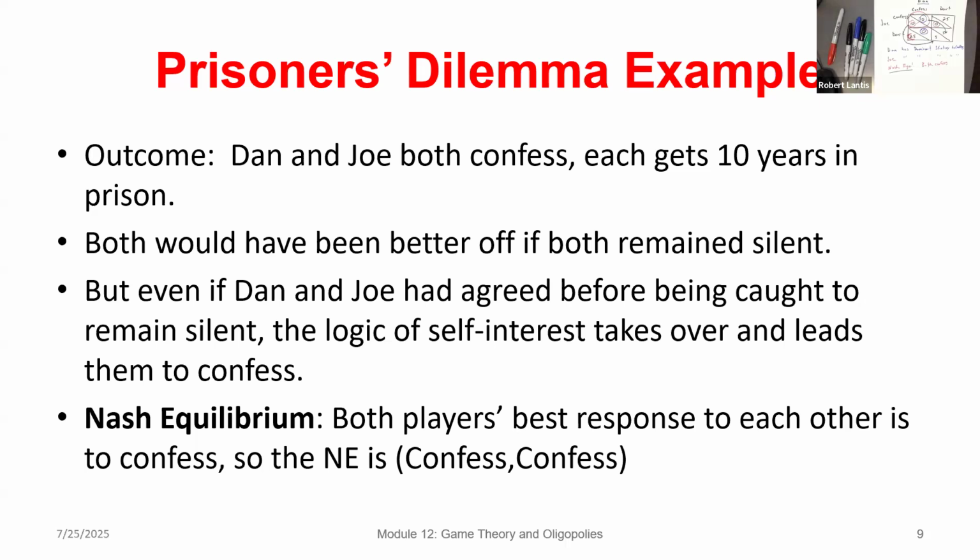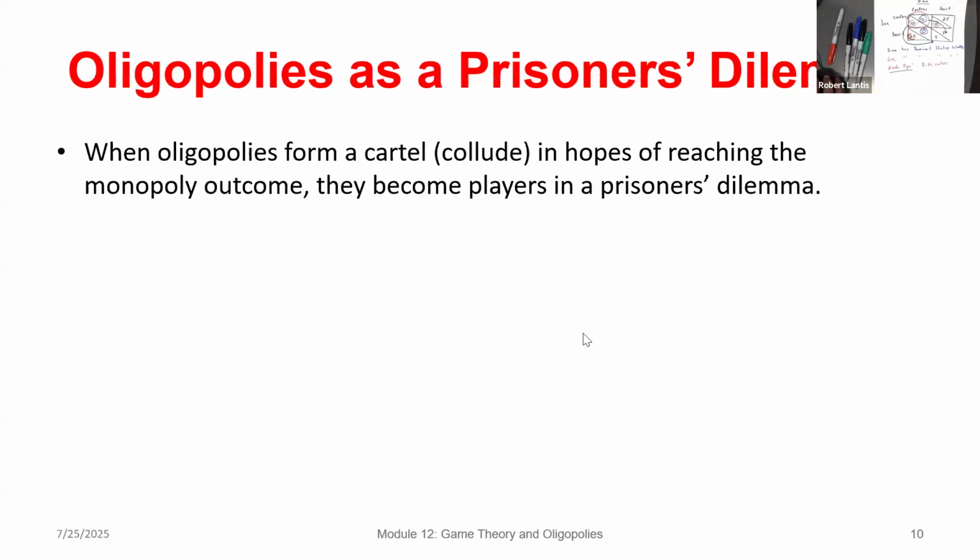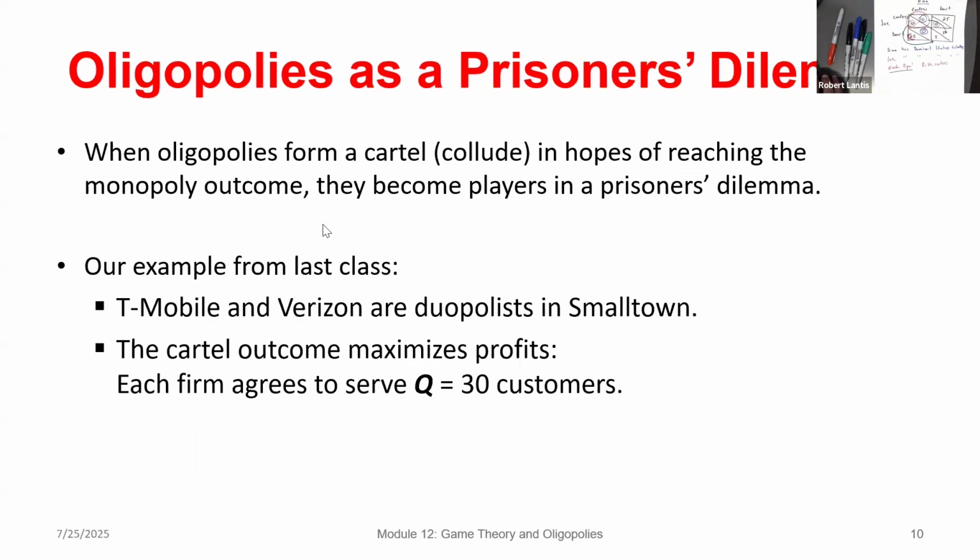All right. So let's think about how this applies to duopoly models or oligopoly models and the market structures we've been talking about. Remember from last class, I didn't have these two firm examples, but we had an example with quantities and prices, and we were choosing the quantity that maximized profits for the monopolist versus perfectly competitive. So let's do that same example, but let's assume we have two firms and they're acting together as a